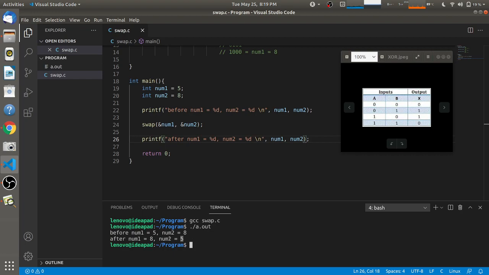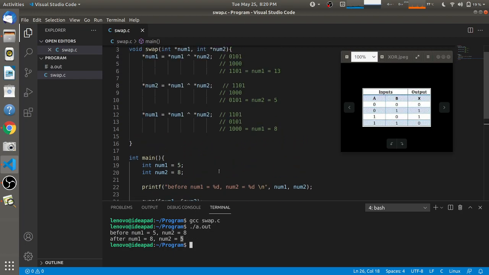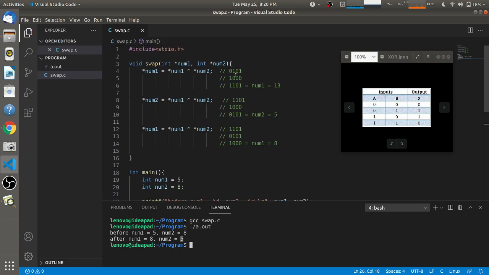So the values of num1 and num2 are getting swapped, which you can analyze in this function. Whenever the function was called, the value of num1 is 5 and the value of num2 is 8. But after doing these operations, you will see on this 8th line the value of num2 is 5, and the value of num1 is 8 on this 12th line.